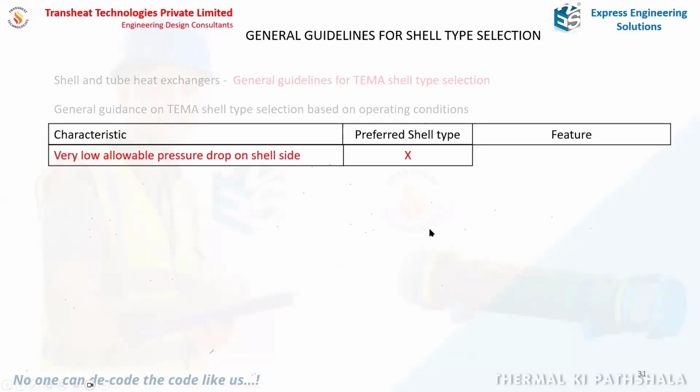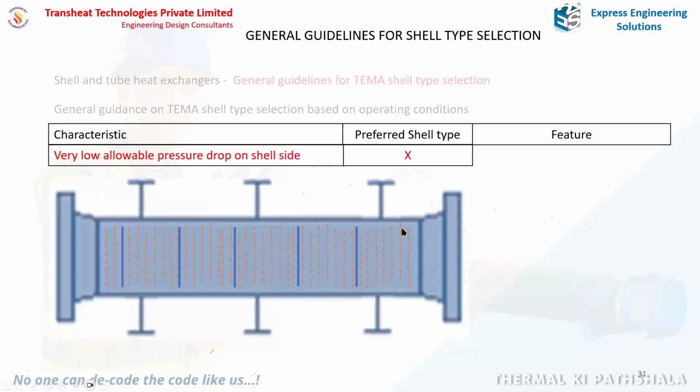An X-type shell is a pure cross-flow shell. There are no baffles in this shell. The blue lines which you're seeing here are the support plates only. These are only here to support the tubes. The fluid enters through the nozzles, gets distributed across this length and flows across the bundle to the outlet nozzle. For this reason, to ensure